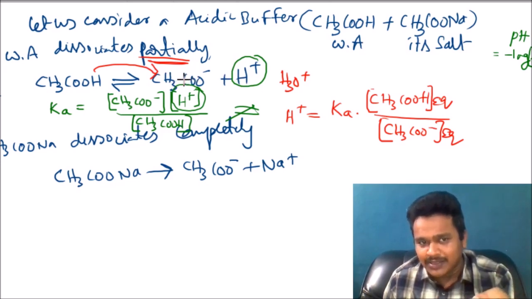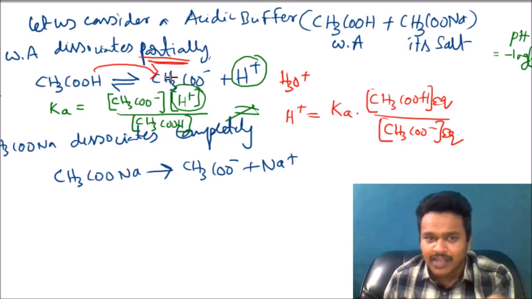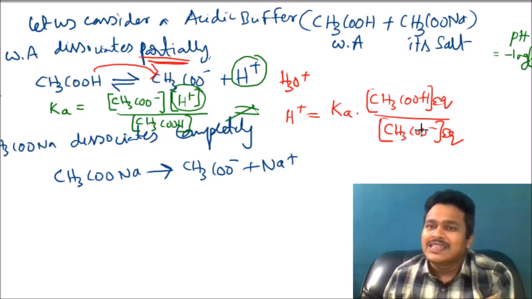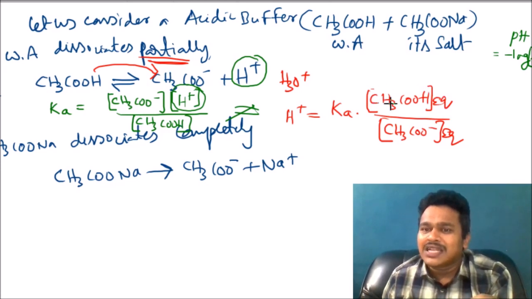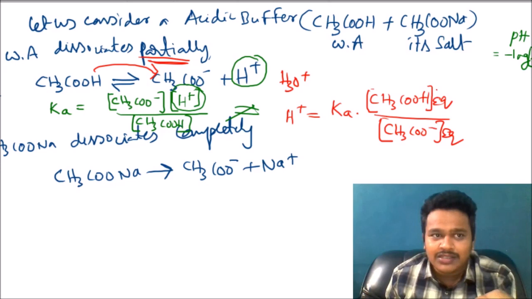That means out of the CH3COOH, only a small amount is converting into ions at equilibrium. So this equilibrium amount I will consider as